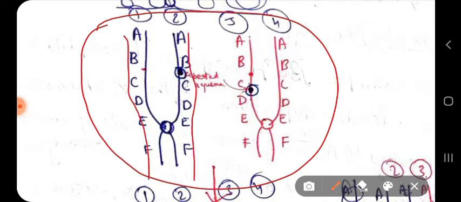You can see here A, B, C, D, E, then comes a centromere and then F. So this is almost an acrocentric chromosome having one very short arm and one longer arm. So what happens